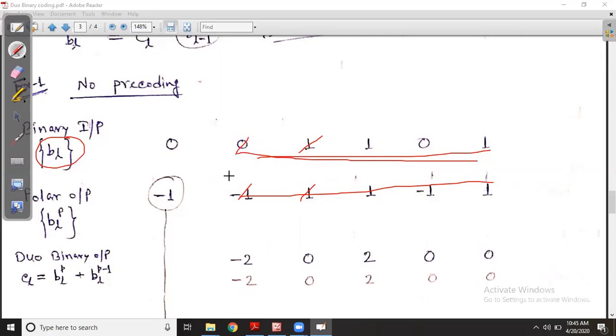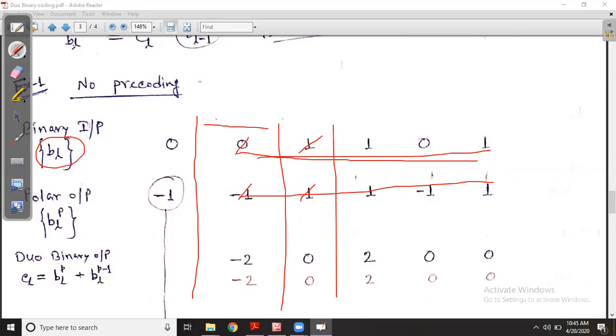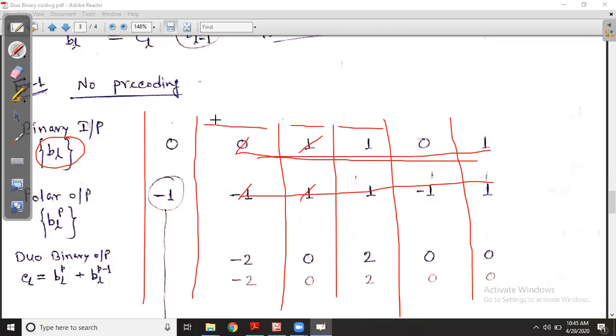One more thing is that there should be some lines in this manner. This is 1 TB. This is the next one. Again, this is the next one in that way. That means 1, 2, 3, 4, 5, 6 TBs are there. And these are the bits transmitted. They are nothing but BL, which has to be transmitted.